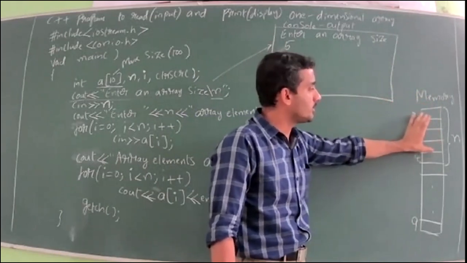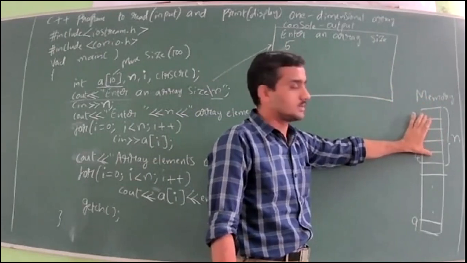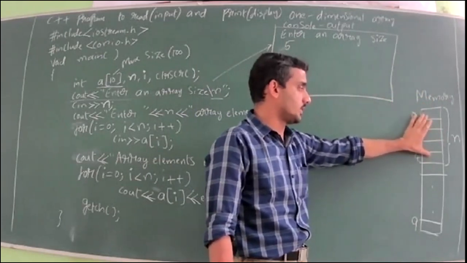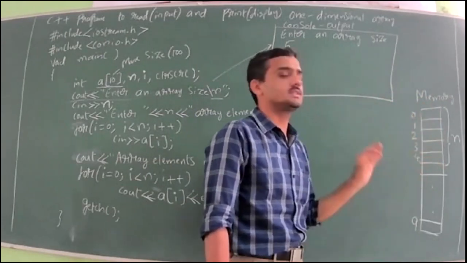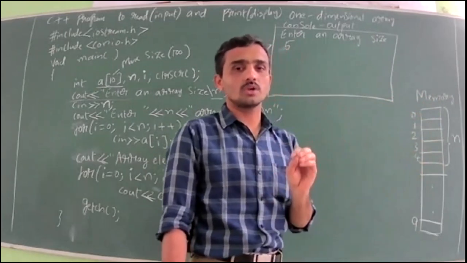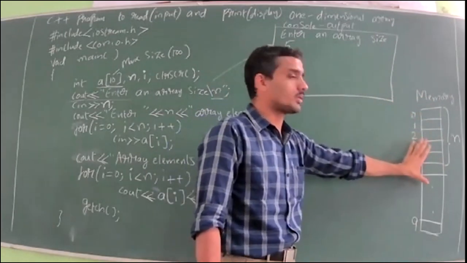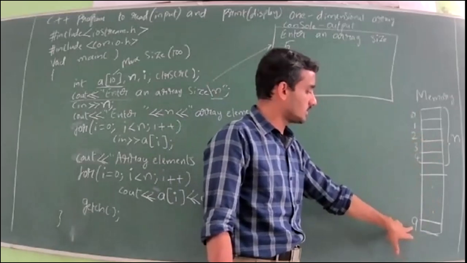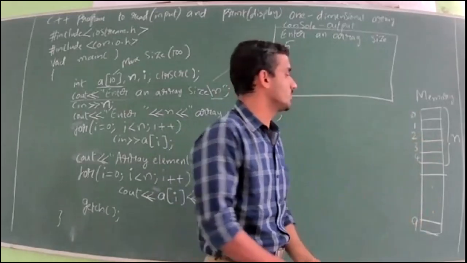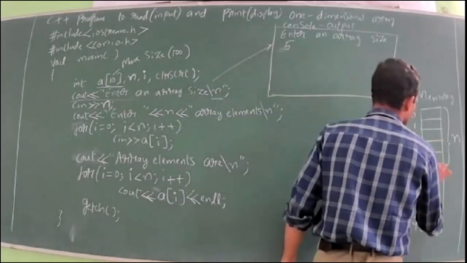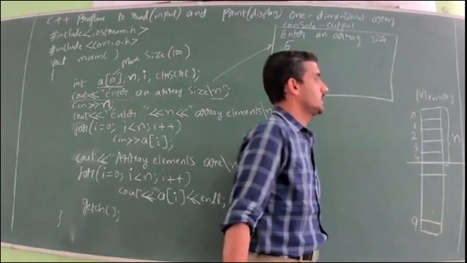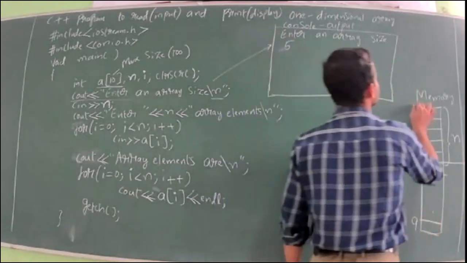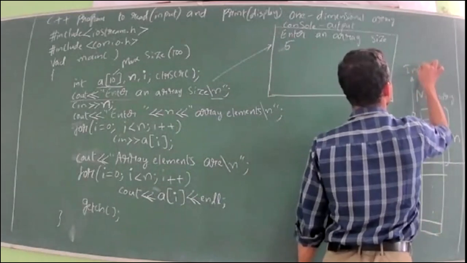And if you say number of elements are 5, then the last location will be 4. That is minus 1. That's all. 5 locations minus 1. And if you say 10 locations are present, the last location index value will be 9. So out of 10, we can take these many locations. So these things indicate the index value.